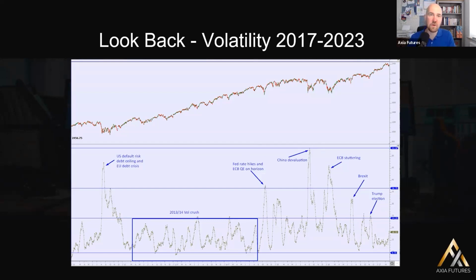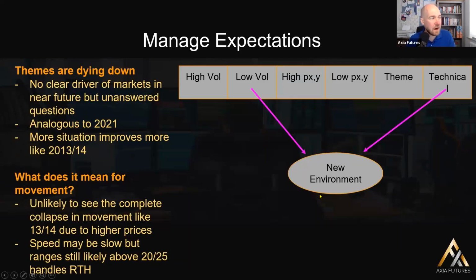So this then leads to the question of where are we more like? Well, for me, I'd be inclined to think that we're more analogous to 2021 or 2018-19. Both of which periods we had uncertainty precisely about where things are going, but on the whole, relative comfort in what's going on at any point in time.